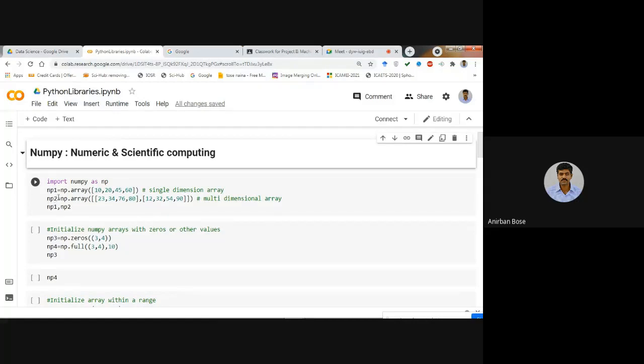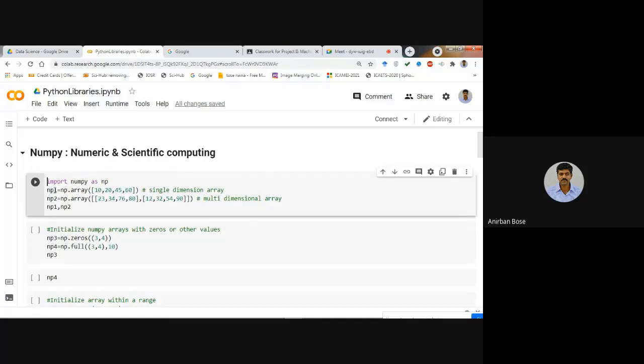Suppose we want to create one NumPy array. We have given the name np1, as you can see, and that np1 is the name of the NumPy array, and that is equal to np.array. Then within parentheses you pass a list. So we have passed this list: 10, 20, 45, 60. Then this np1 array will be created, and that is definitely a single-dimensional array.